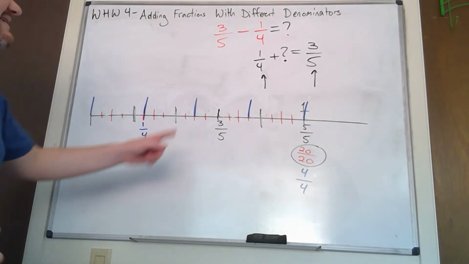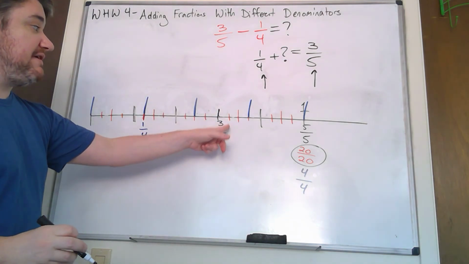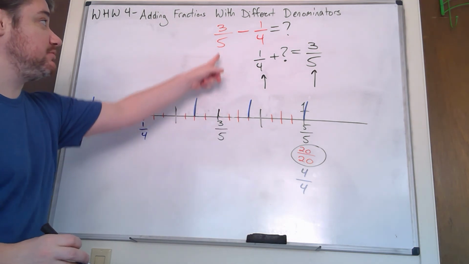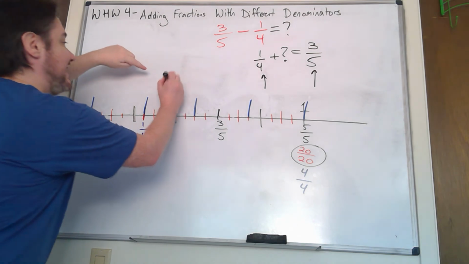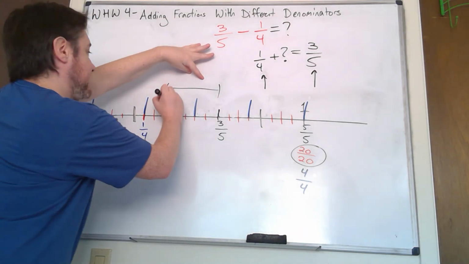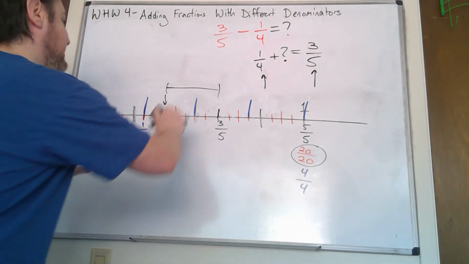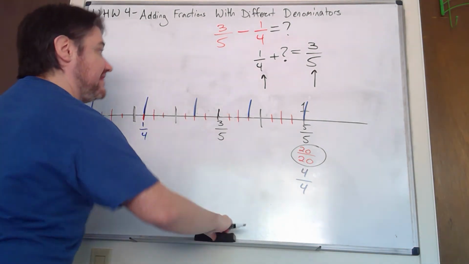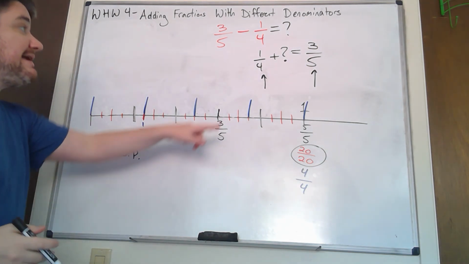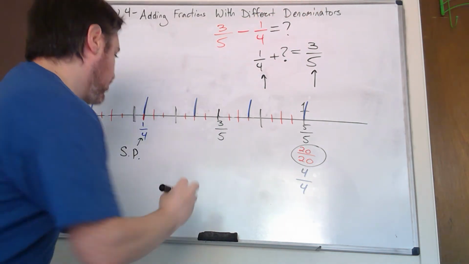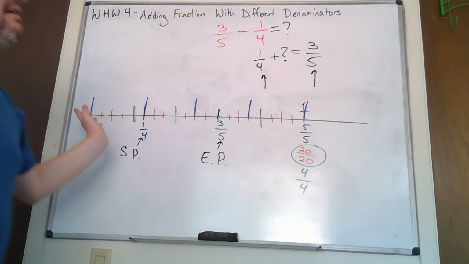Okay. So the way missing addend works is, remember when I did takeaway, 3/5 was my starting position. For takeaway, this was your starting position, and then the takeaway was the jump. I jumped backwards a length of 1/4, and then the answer was wherever I landed. That's different than the way missing addend works. Missing addend, this is my starting place, SP, starting point or starting position. This is my ending point, EP, for ending point or ending position, and the length of the